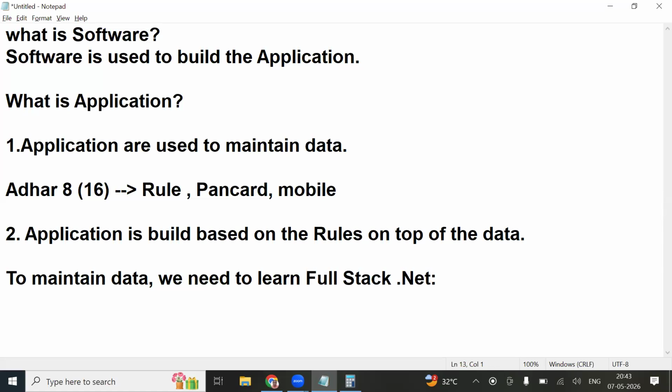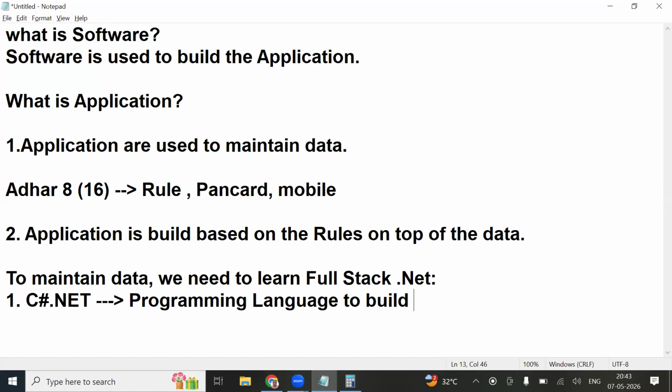In this Full Stack .NET, the very first one is C#.NET, which is a programming language to build rules. Let's take an example: a calculator adding two numbers. That addition is a rule. That rule will be defined by the programming language.